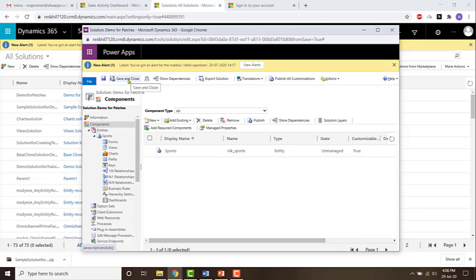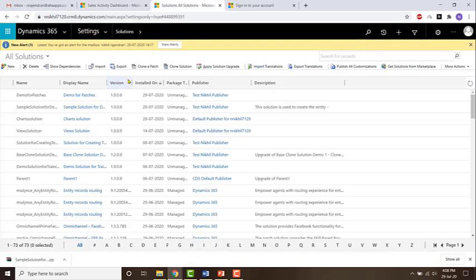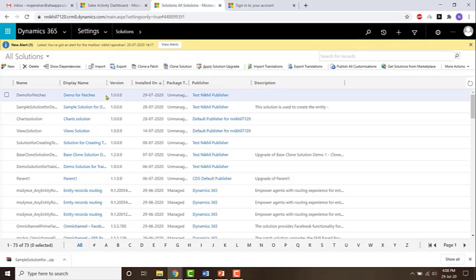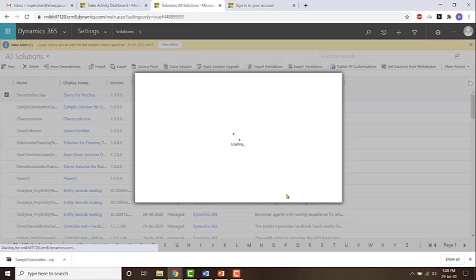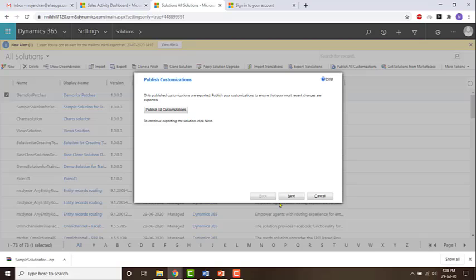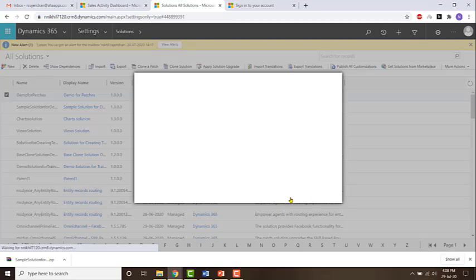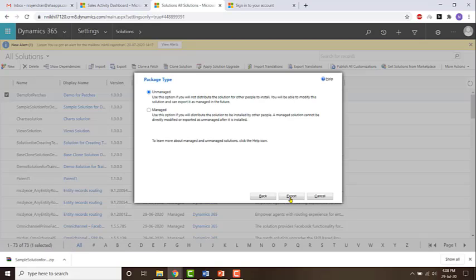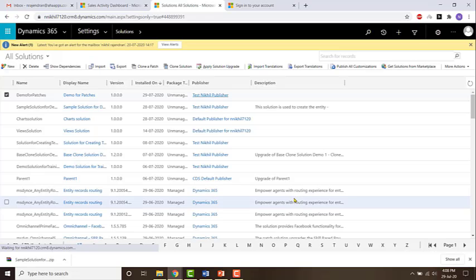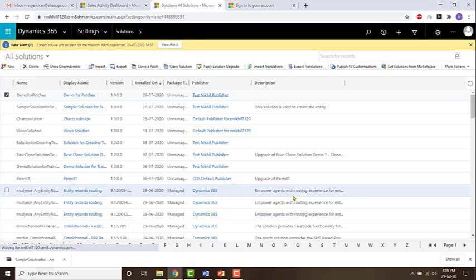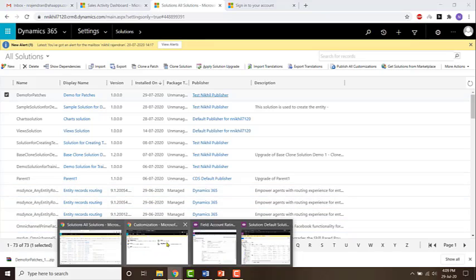Now let's say I'm going to export this solution to the other organization. That is, I want to export the two fields which I've just created. I'm just going to export it as an unmanaged solution this time. Export. Then once it's downloaded, that is a zip file,